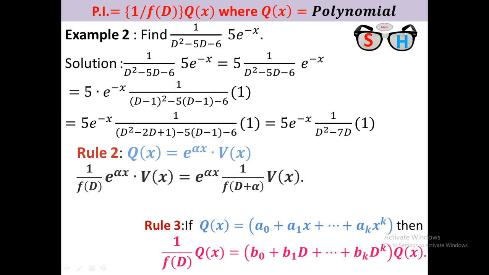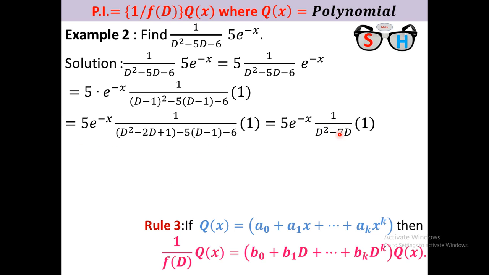Now we have to calculate this. Directly you can write in that place minus 1 by 7D of 1, but I calculate in general form, though I advise you to solve directly, that is, you write this as minus 1 by 7D of 1. Now we solve it directly. Therefore you have to take common the lowest degree term, that is minus 7D. If you take minus 7D, this will be 1, and this will be minus D squared by 7D, that is minus D by 7.